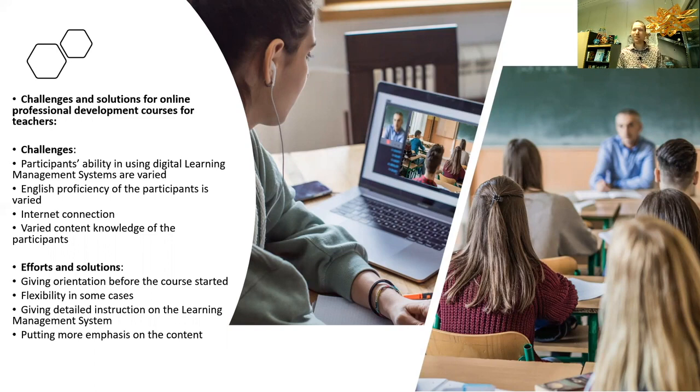And in the case of online learning, it's probably much harder, and in some cases even impossible, to find out the different knowledge levels and different content knowledge of the participants.